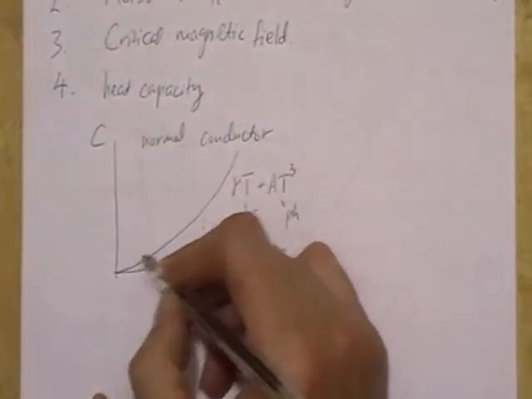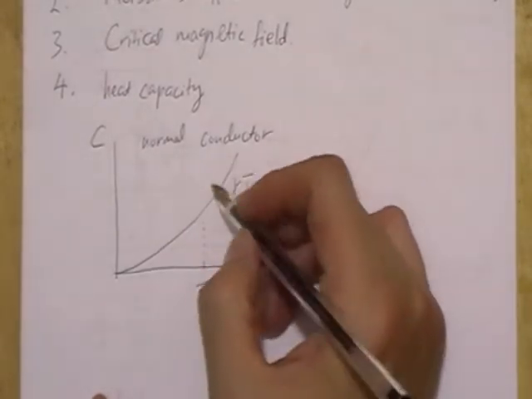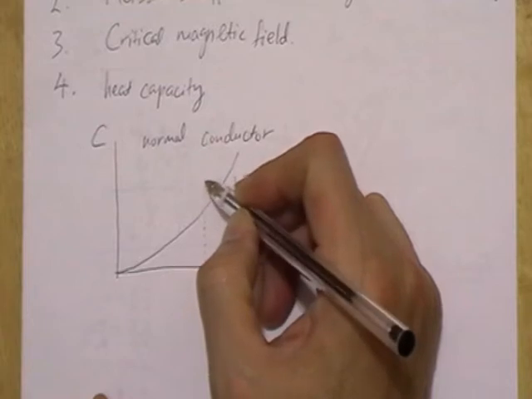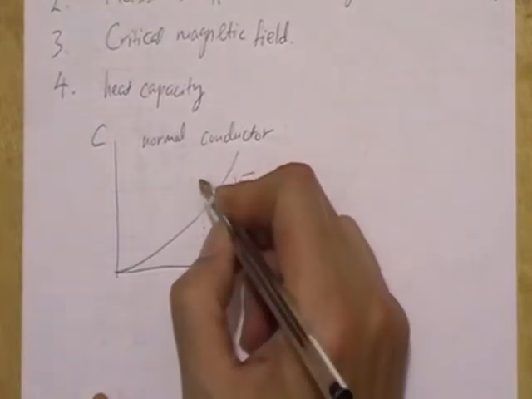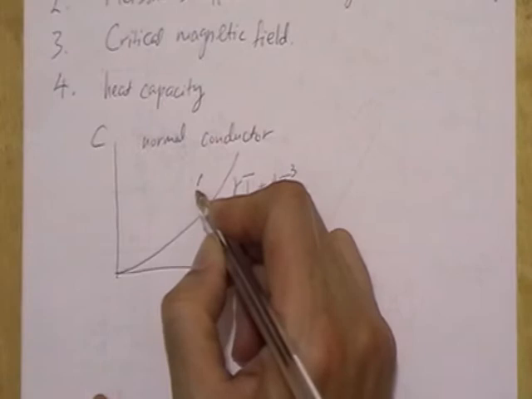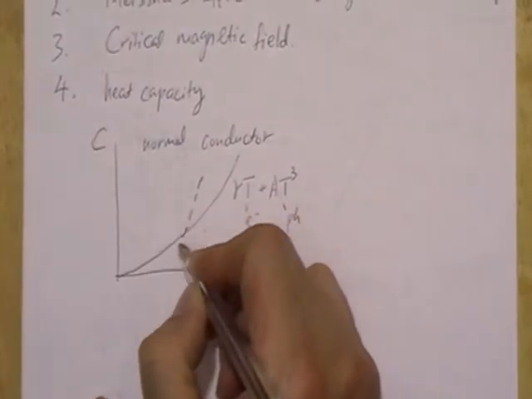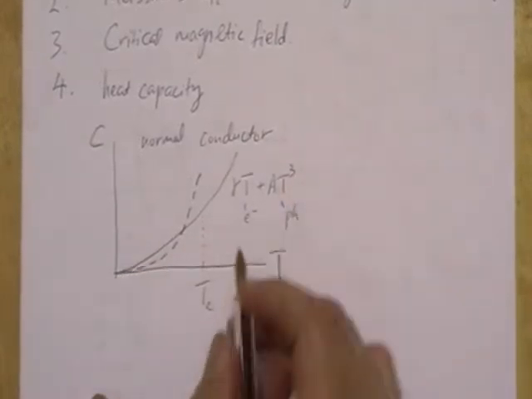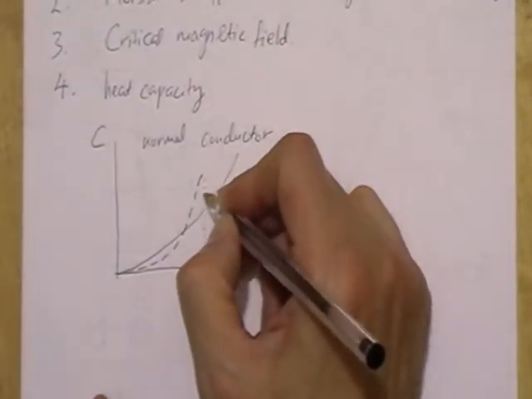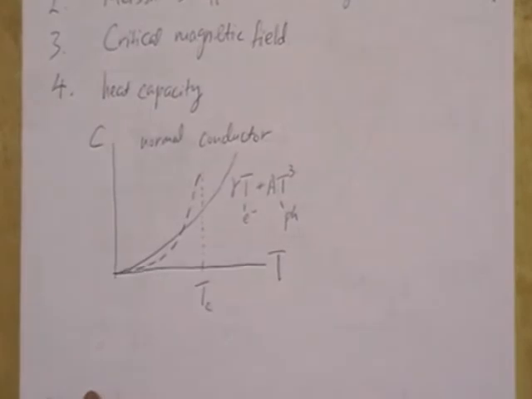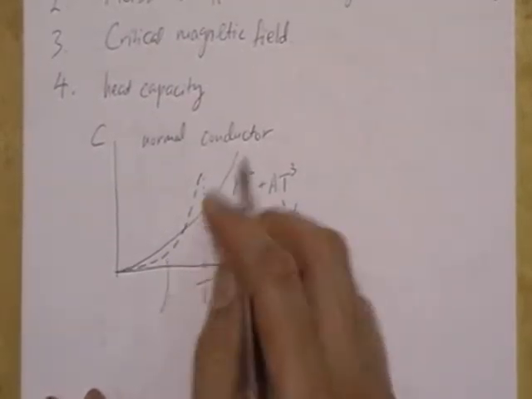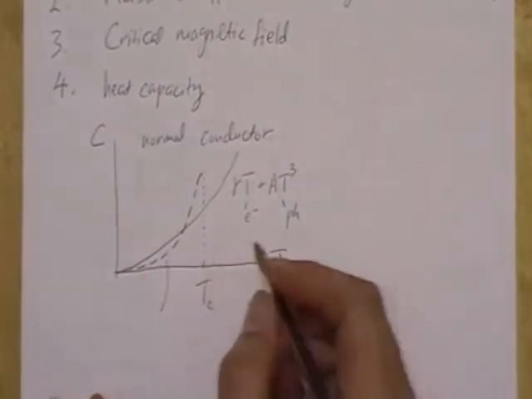Instead of following that same curve, it would now look like this. It will follow a different curve instead. And this curve is described by another equation